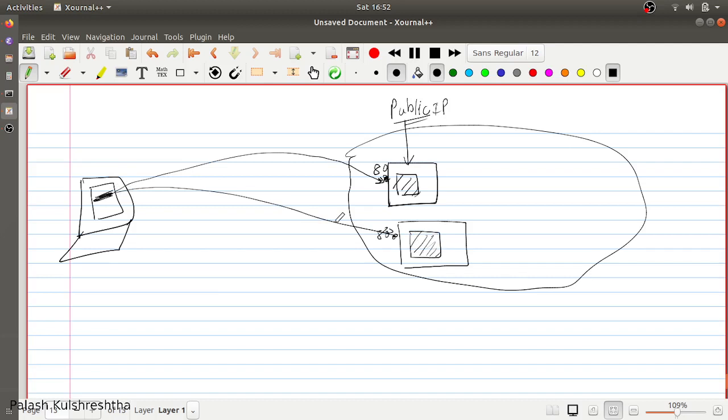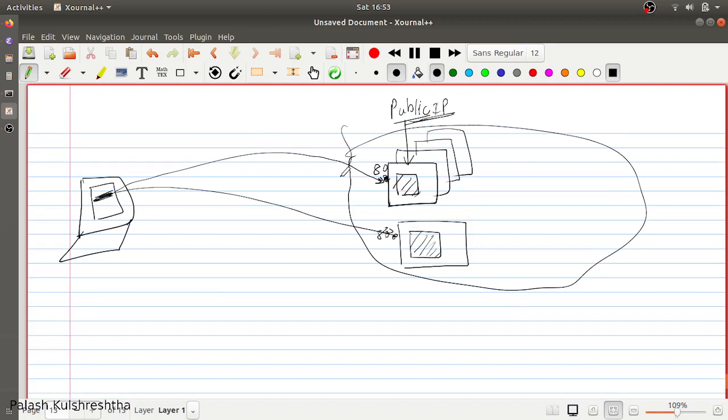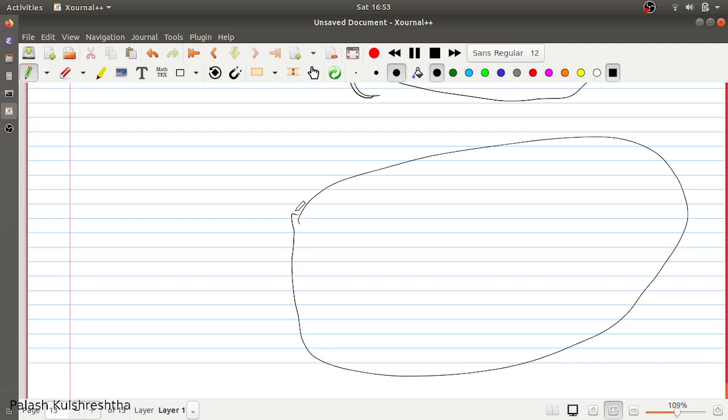Now, this is okay for a small scale, but as the number of servers that you are hosting increases, each and every public IP address costs you money. So you want to reduce that usage. Besides that, you are also exposing your server to various attacks, because there are nefarious or harmful people who want to attack your server, who want to steal your data, who want to steal your computation power for doing evil things.